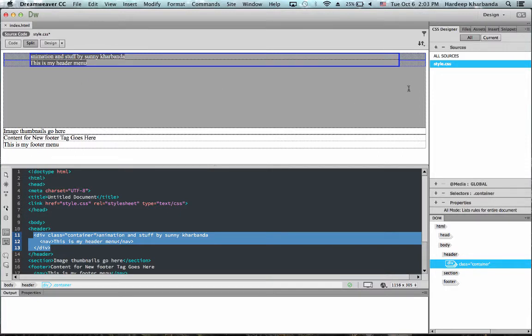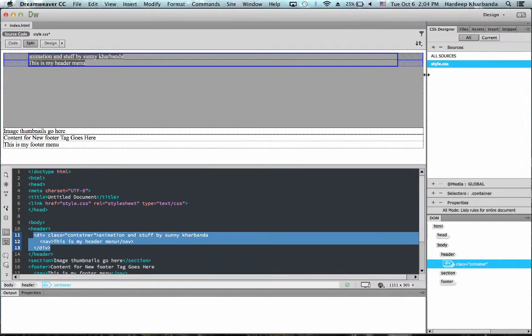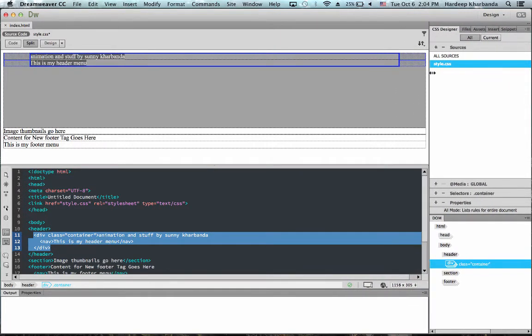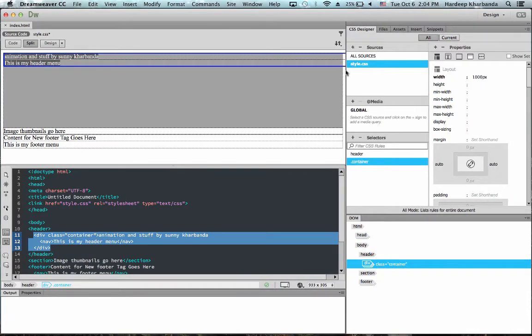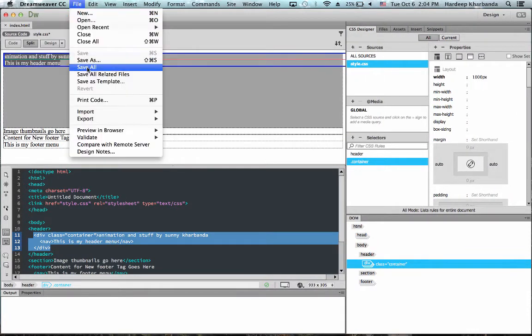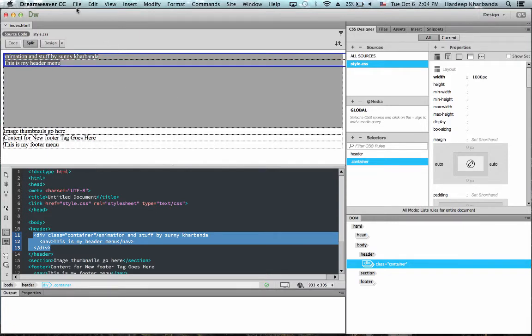As soon as I change the margins to auto, now my div is centered even as I resize my window. So the same will happen in the browser window. This design view is just giving us a rough preview of how things will look in the browser. I'll save all, and let's preview how this looks in the browser.